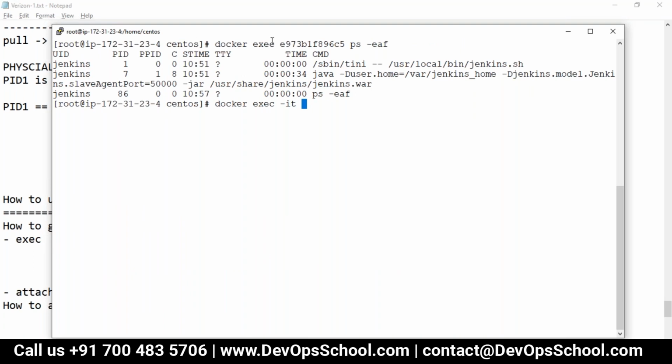So docker exec which container? This container with interactive mode with what? Bin bash. So here what you're saying is, docker exec this inside this with this mode, interactive, because you are human beings, you have to interact. If you don't add interactive, it will run this executable and come out of it. Simple.